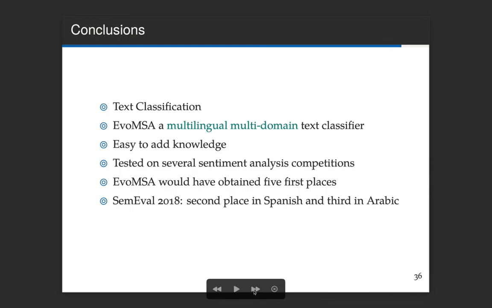We have tested on several sentiment analysis competitions, and at the time we wrote the journal paper, if we compare on different competitions, it is in the first places on 5 of those competitions. Of course, this was done after the competition ended, so it is not kind of fair, but we did compete on SemEval 2018, and obtained 2nd place in Spanish and 3rd place in Arabic, which is good news about this approach.